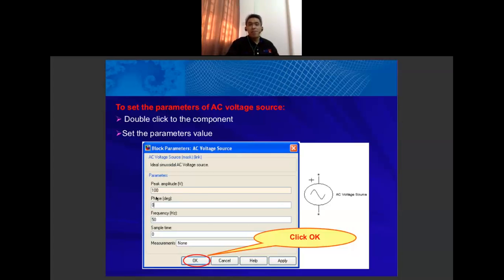For example, peak amplitude, just set 100. Phase in degrees, just set 0, and frequency. For example, in Malaysia, our fundamental frequency is 50 Hz, so you can set 50 Hz here. Once you set all of these parameters, then you click OK.